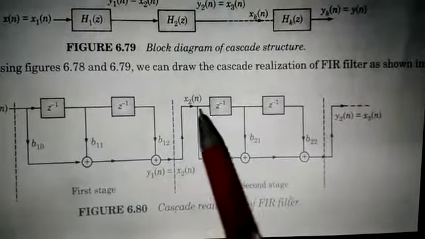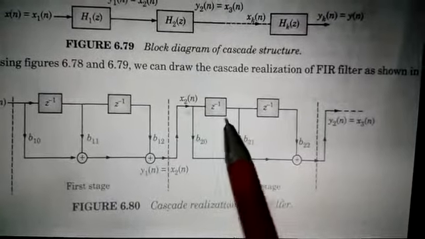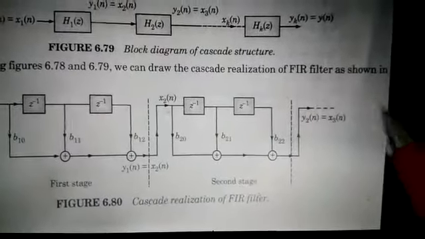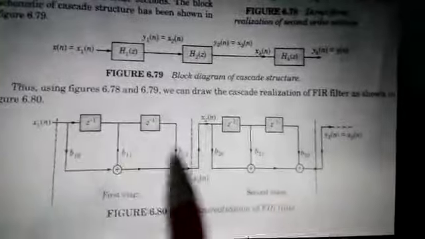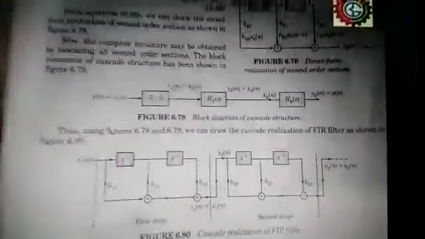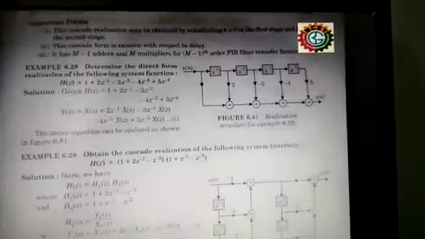This output is connected to the input of the second direct form structure, and the output of the second direct form structure is again connected to the input of the third. So this is called cascading. Cascading in direct form for the FIR filter. So this type of cascading, and problems on this cascading, may be asked in the examinations also. Here you can see